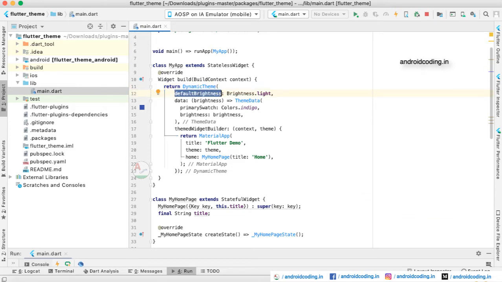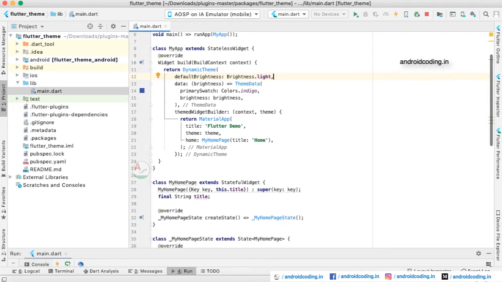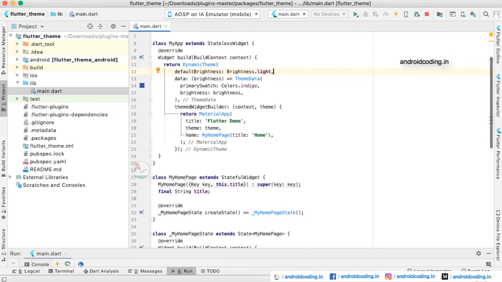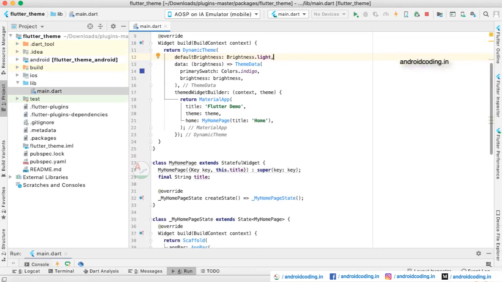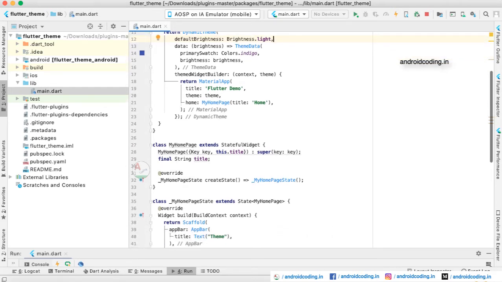Here we are providing the default brightness, that is, whenever you run the application the default brightness will be light, so that is the white color. Here we are providing the theme data, the primary colors which we provide to every application, and also the brightness. Here you can see the theme widget builder we have defined, inside which we are returning a material app.